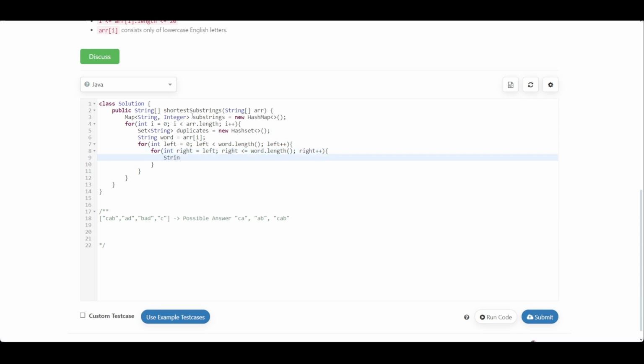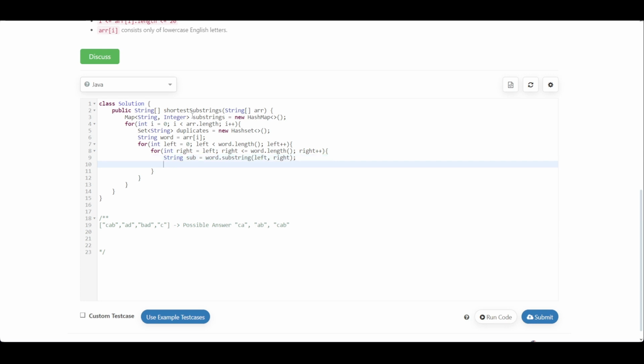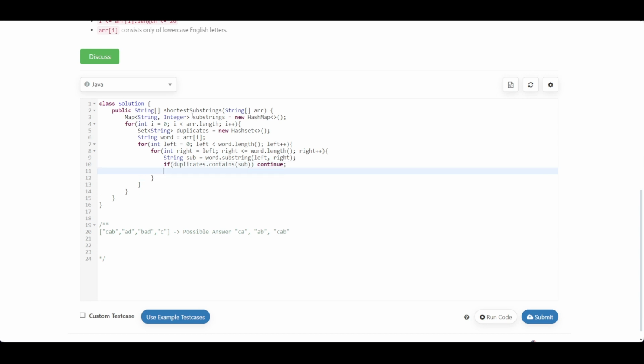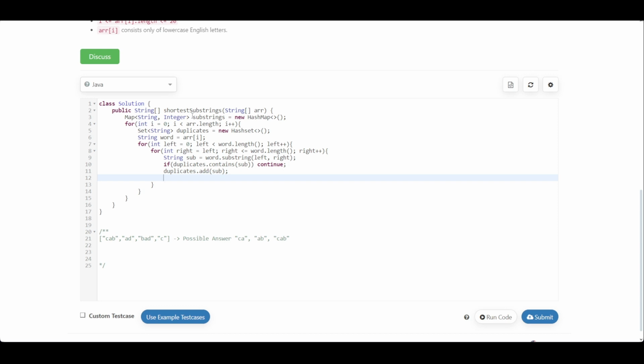and then what I'll be doing is, let's have a string substring that will be equal to word.substring(left, right), and what I'll be then checking is that if my duplicates.contains(sub), I'll be having to continue, or else what I'll be doing is adding it to the duplicates, duplicates.add(sub), and also I'll be updating its frequency in the substring map, that is substrings.put(sub, substrings.getOrDefault(sub, 0) plus 1), okay, plus 1,